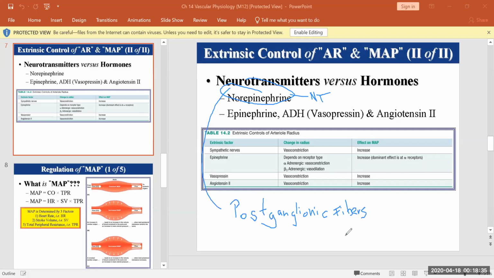Meaning, it is released by axon terminals that belong to the postganglionic neurons, right? And these postganglionic neurons belong to the sympathetic division of the autonomic nervous system. So they release this type of neurotransmitter called norepinephrine or noradrenaline,